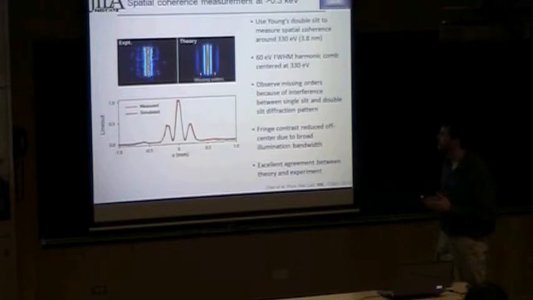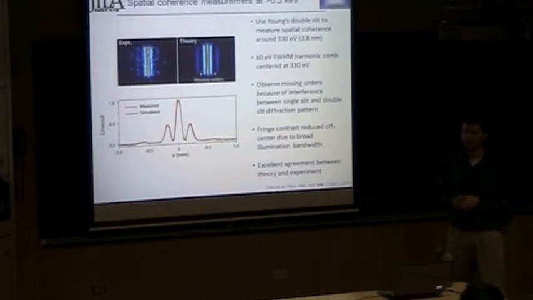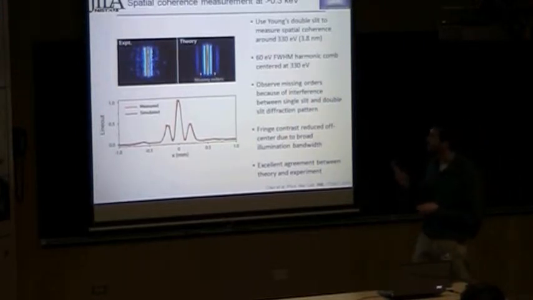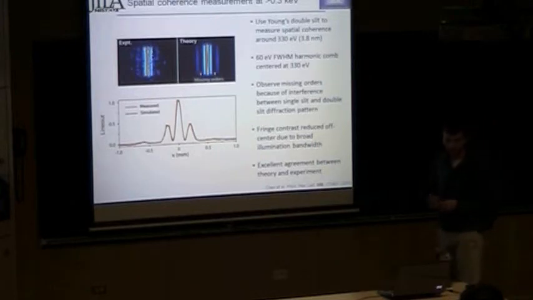And the problem is, whenever you try to do something like this, and we did try to do similar experiments, the harmonics are so much brighter at the relatively long wavelengths that it's really difficult to isolate the short wavelength harmonics. In this case, just by using 2 thin metal filters, we're able to get rid of all the low order harmonics and the fundamental light, and just see a diffraction pattern that's due to the short wavelengths, which is going to be really important for being able to use these for imaging applications, and anything where you aren't going to spectrally resolve the harmonics immediately after.